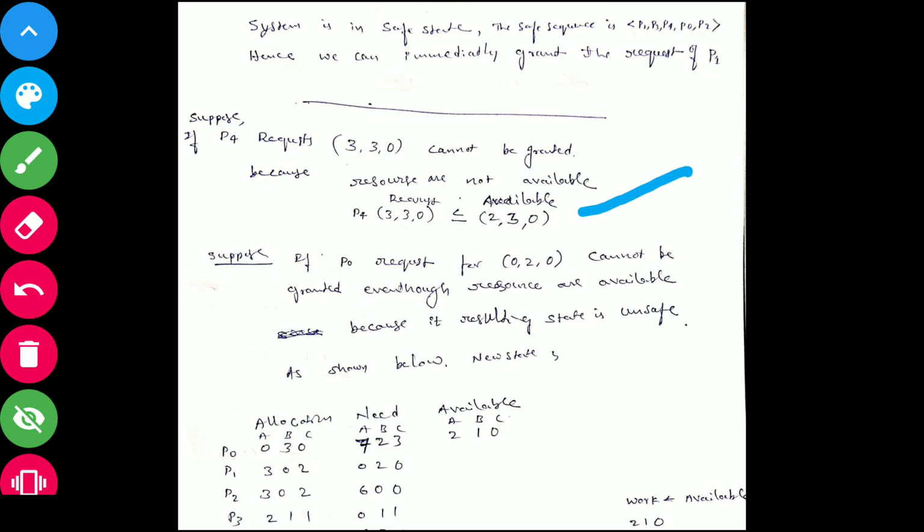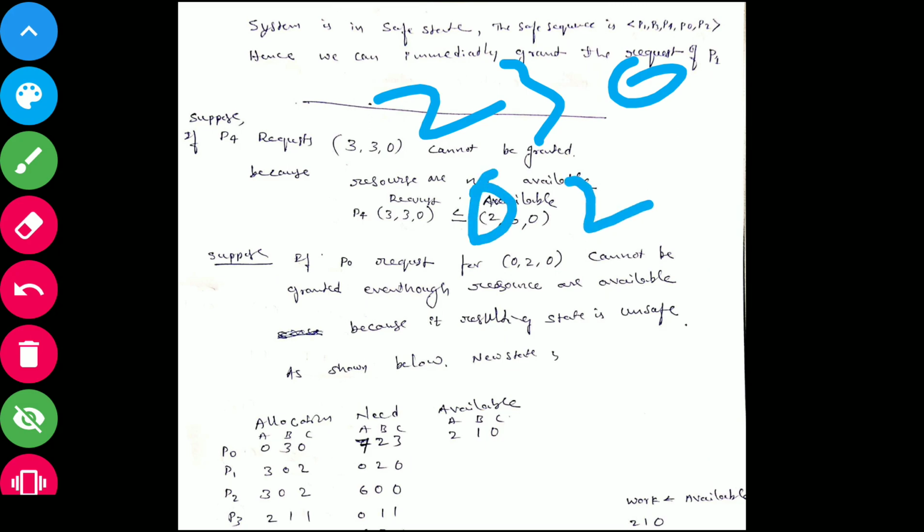Another case, if P0 requests for 020, that also cannot be granted. 020, if you check it, we have the resources 230, right? And it is requesting for 020.